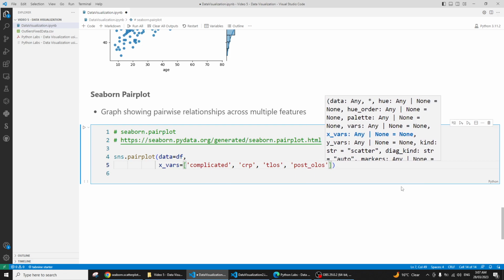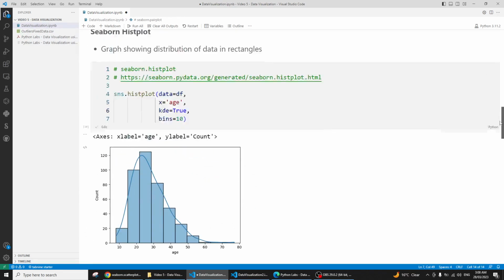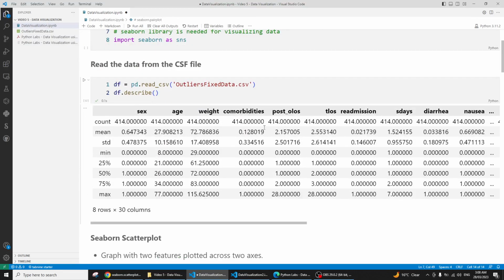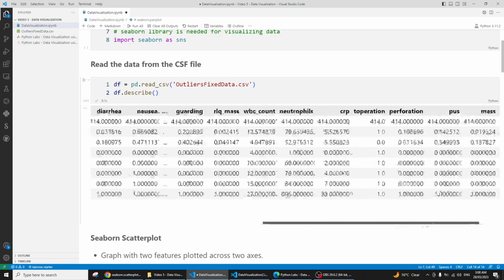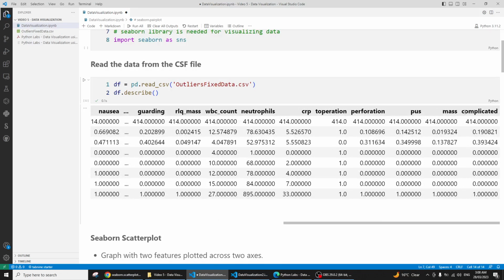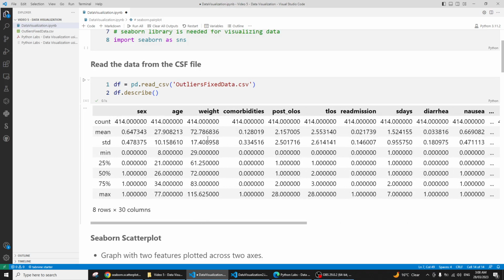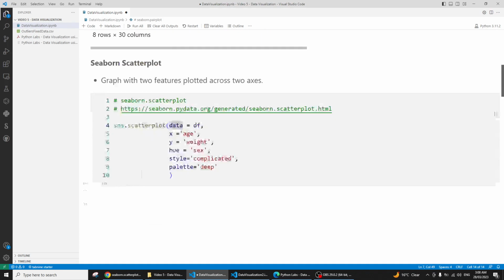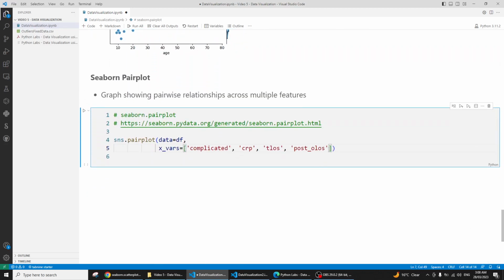Now you may be wondering where these features are coming from. Basically these features are here again. You see here: sex, age, weight, comorbidity, post operation length of stay, total length of stay, all these features. So you need to know what the feature names are. That's why it is always best practice to first describe and see all the stats, the basic information. So I have specified in my x-axis that I want all these features,